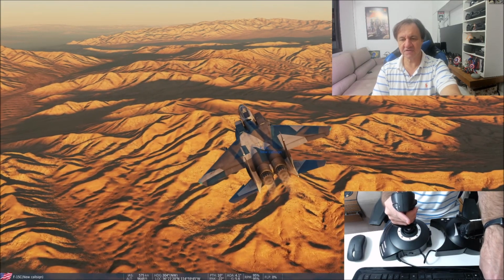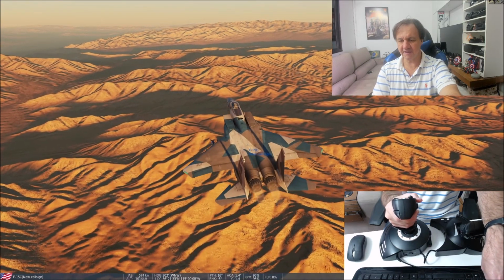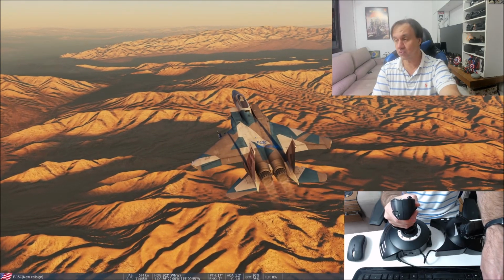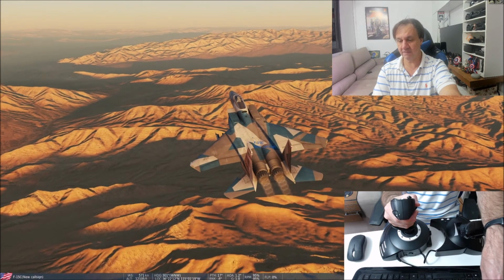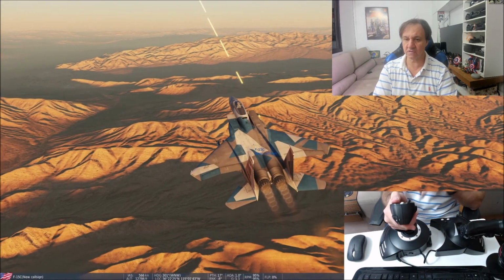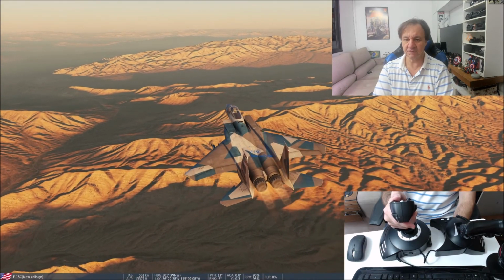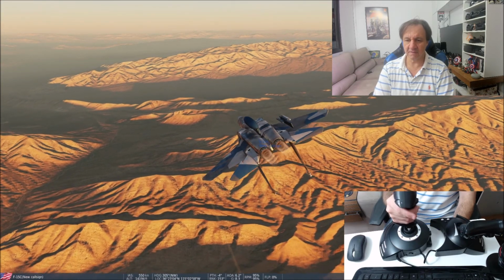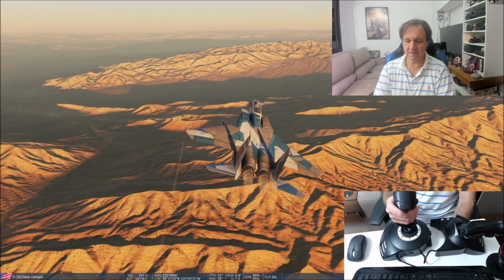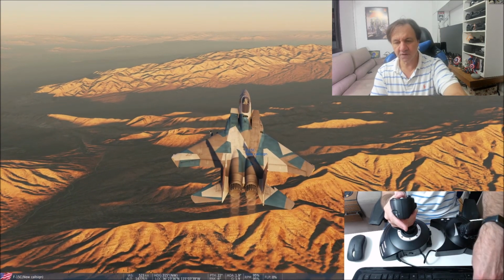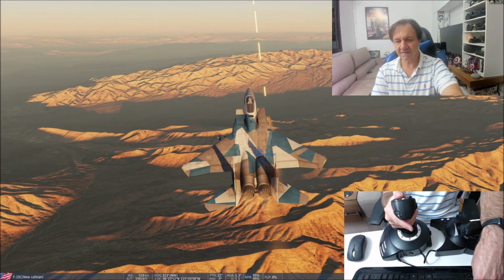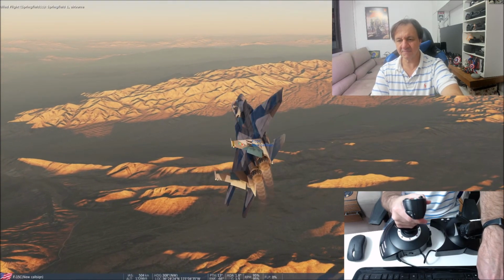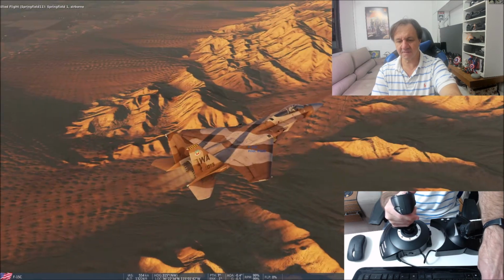Okay. I just made a mistake here. The cannon was not working. It was for choosing the cannon weapon. Okay. Weapon fire is for choosing the weapon. You see. Okay. The missile is not working, but it should work. But it's okay. Springfield 1 airborne.